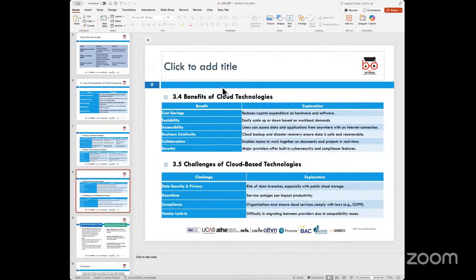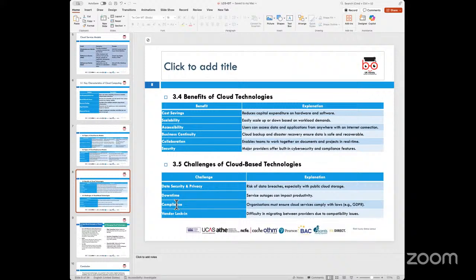Now, if we do talk about the benefits, some part of it looks at cost coverage or cost savings. Some look at scalability. Some look at accessibility, because it is accessible from anywhere as long as you have internet. You have business continuity because your data is backed up on multiple servers, and obviously if one server or one site is to go down, then the other site can be brought up essentially to quickly restore data, and thereby the downtime tends to be as small as possible.